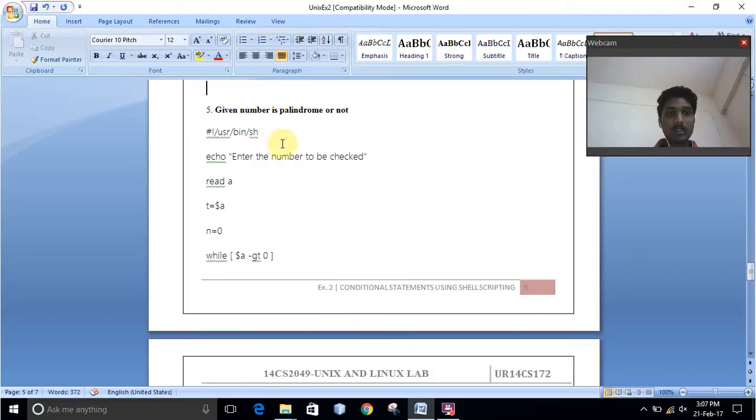And the fifth question is whether the given number is a palindrome or not. For this, first we enter the value which has to be checked, and here we read the value. We initialize t equal to $a, and while $a is greater than 0,